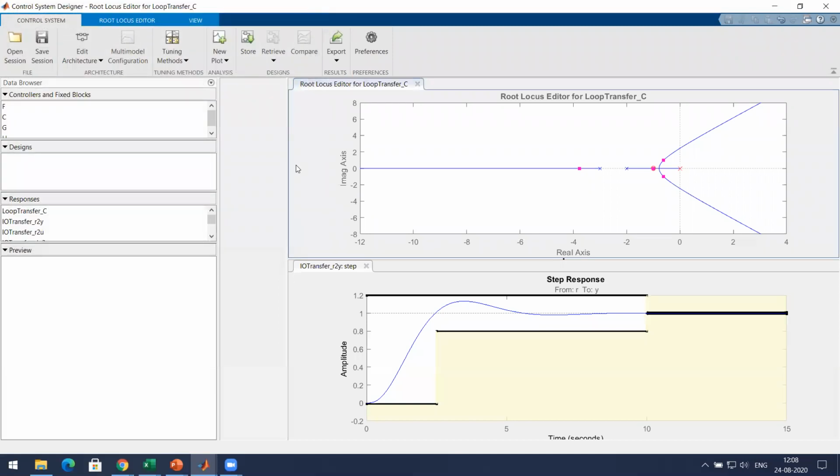Are you finding it difficult? No, sir. So this is how you design a PI controller using the root locus method. I am not going to focus on how to plot a root locus on graph paper, because you can use MATLAB for plotting it.